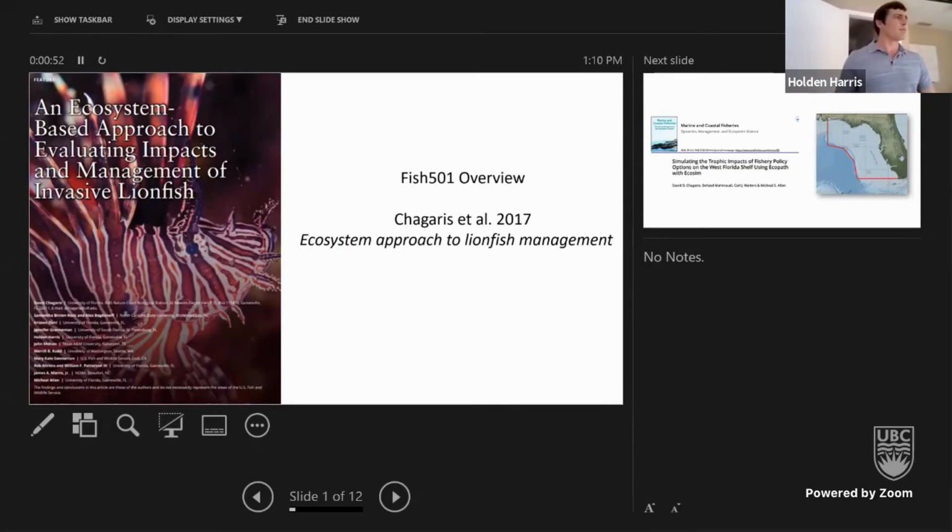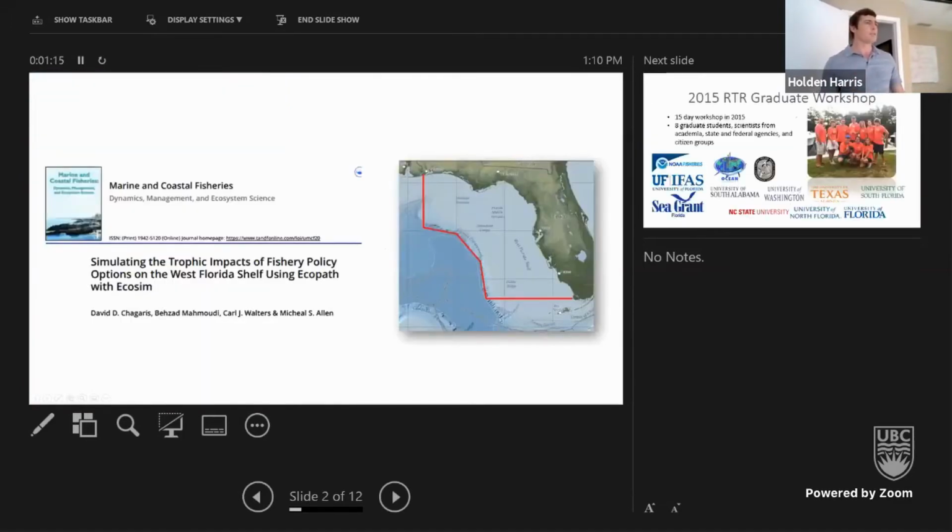So, just giving a brief introduction to a paper we worked on a couple of years ago. This one was also led by Dave Shigaris, who talked earlier in the course on multiple ecosystem stressors. In that model, in some ways we were further developing the impacts of both lionfish and the Deepwater Horizon spill. But moving back, what this work started from was Dave's dissertation research, where he developed this.